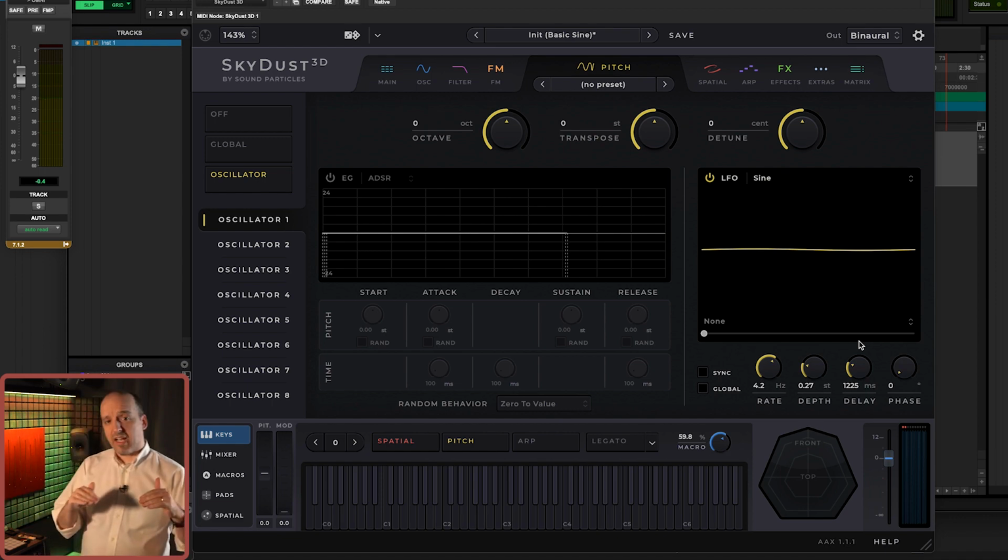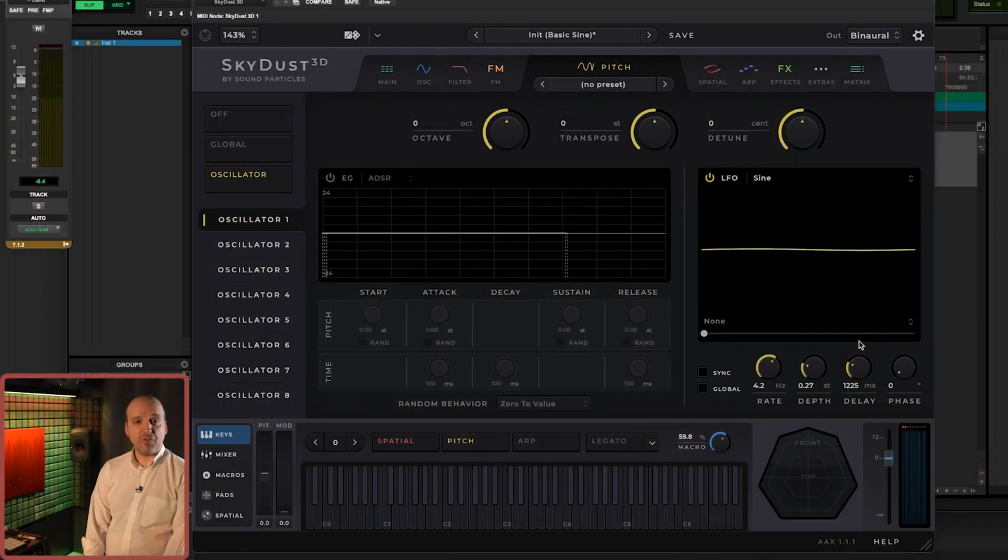what we are doing here is, okay, I don't want vibrato right from the start. I want vibrato to go slowly and increase, and in this case it takes 1.2 seconds until it gets to its full speed. In some synthesizers, this controls the depth of the vibrato. In our synth, SkyDust, we decided to also slightly change the rate to get a much more interesting result. So not only the depth, but also the rate until reaching the full rate of everything. So that's the LFO controlling vibrato